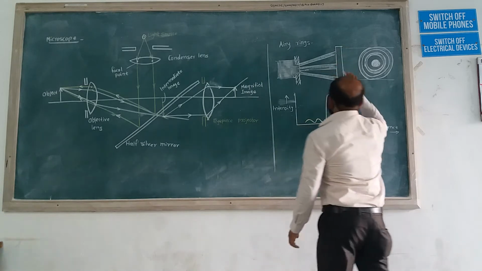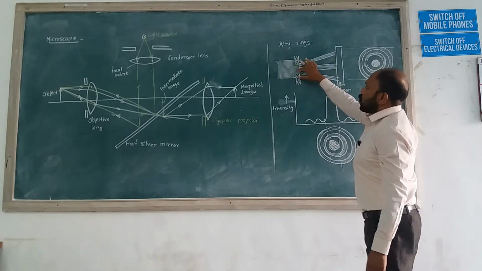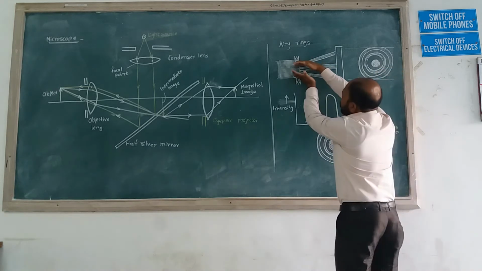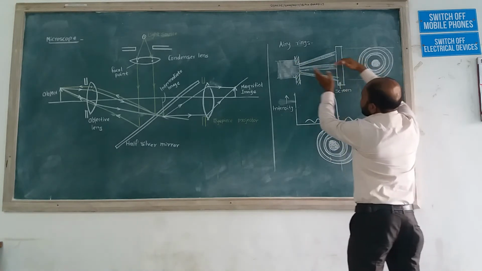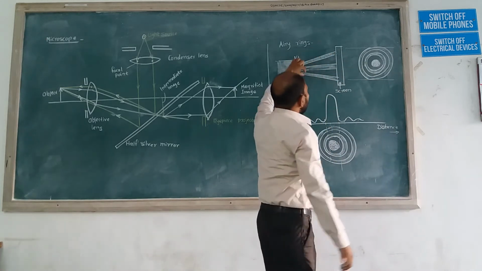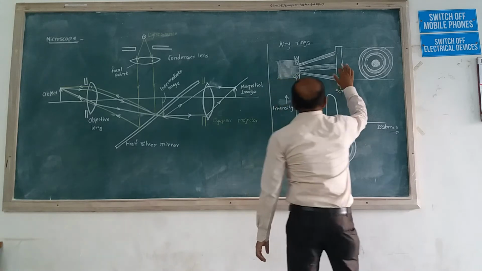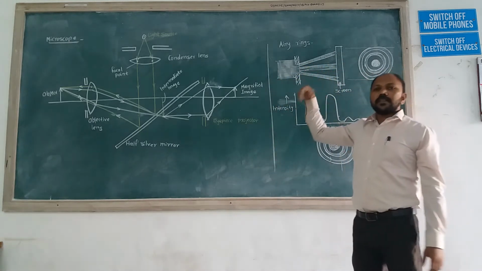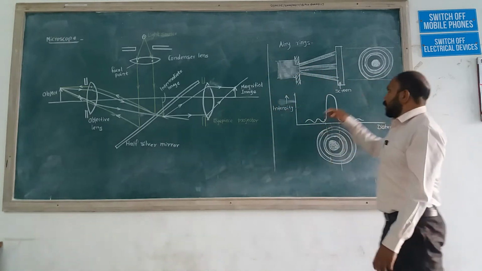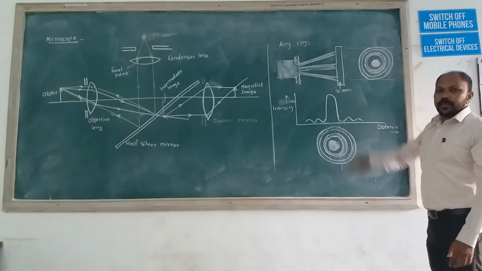This is considered as the screen. So if the light passes through this hole, then light does not go like this in a parallel line, but light goes in this direction. So some light goes like this, and some light goes in a parallel direction. So this is actually the screen, and if we consider the hole to be a circular hole, then the image of that light is also a circular image.